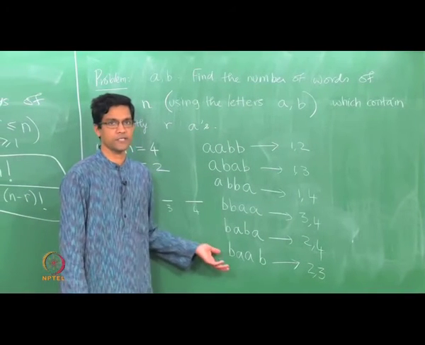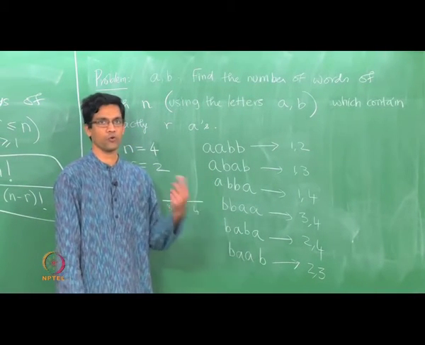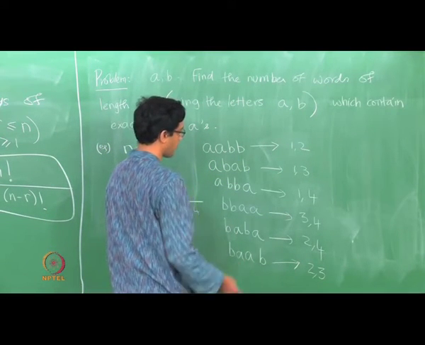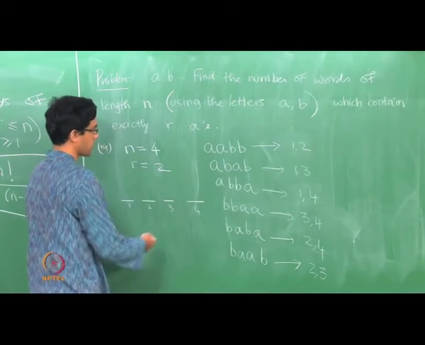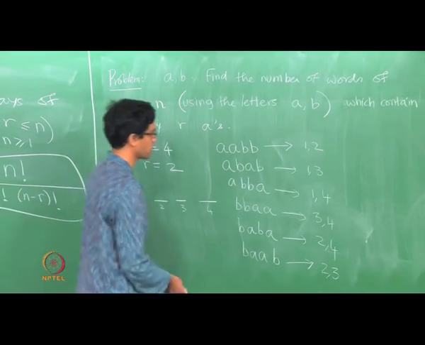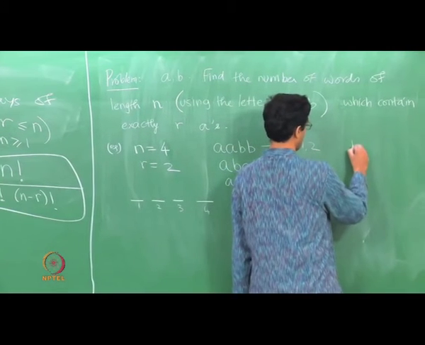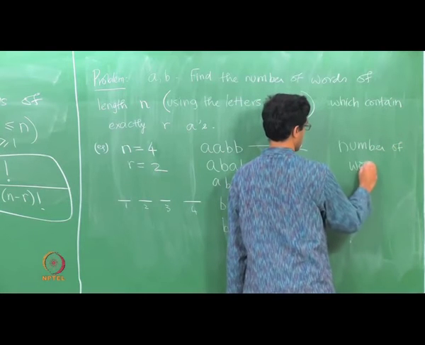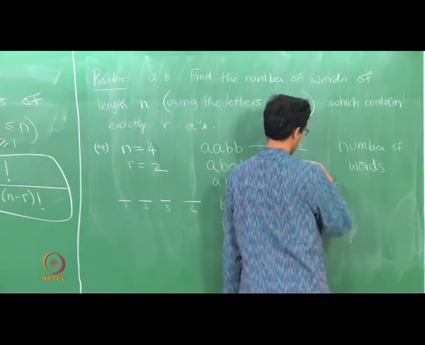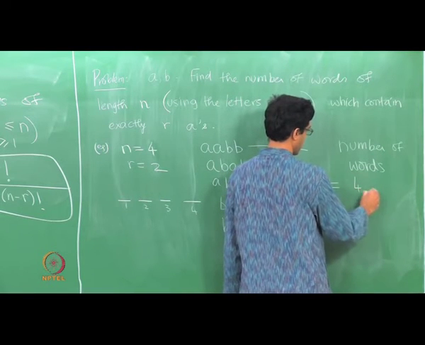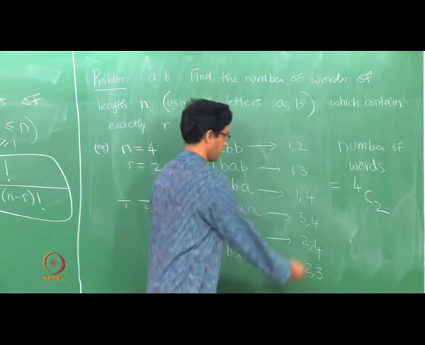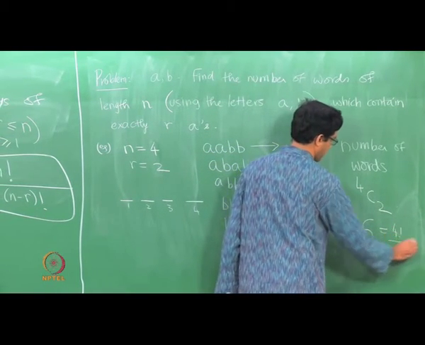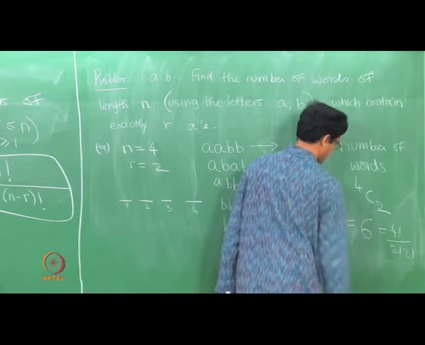Okay. So a word like this is really the same thing as a choice of 2 positions. That's equivalent to the following thing. You are given 4 numbers 1, 2, 3 and 4, which are the position numbers. Amongst them you have to pick 2 numbers, which are the 2 positions where the A's occur. So the number of words is the same as the number of choices of 2 positions, which is 4C2, which we know to be 6. One can just compute: it's 4 factorial divided by 2 factorial times 2 factorial.